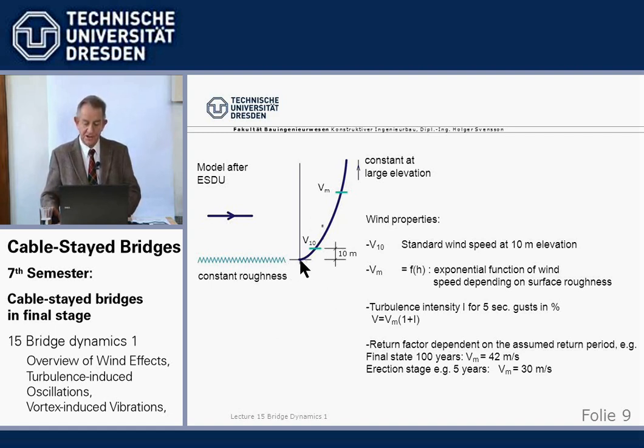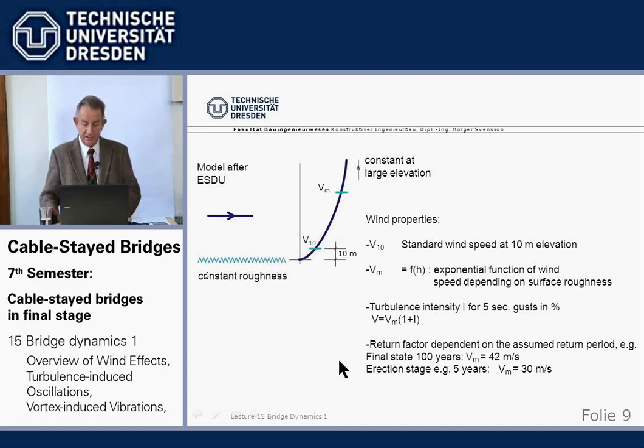And the function from zero wind speed, of course, at the ground to somewhere high in the air where it is constant is basically an exponential function which goes up. So wind speed at any height is a function of the 10-meter height speed plus this factor which shows the run of the wind speed upward. It all depends a little bit on the roughness,